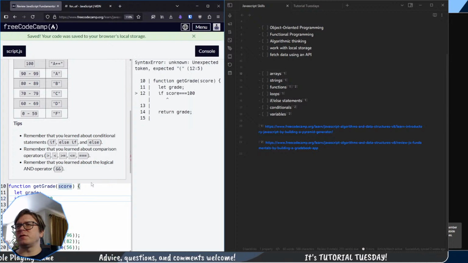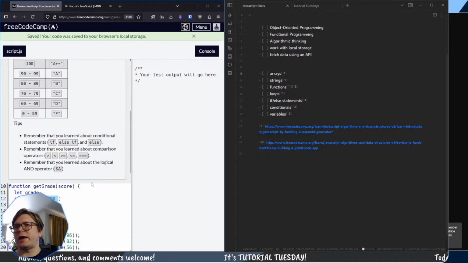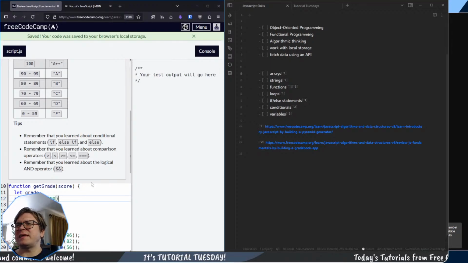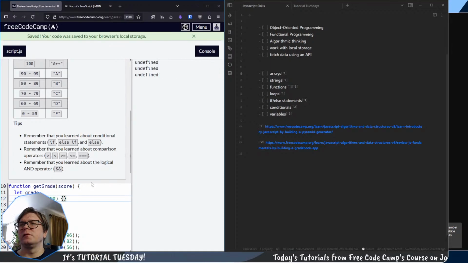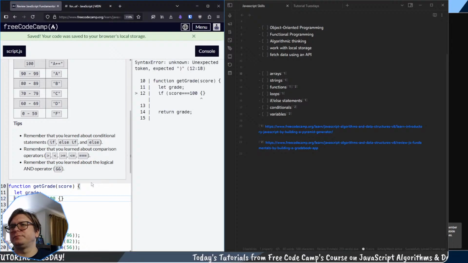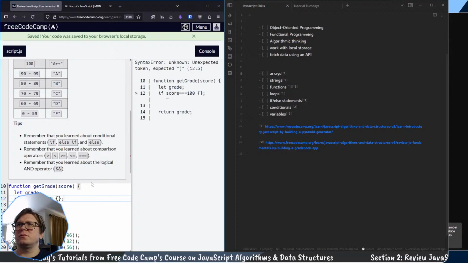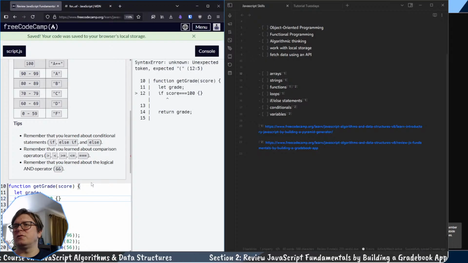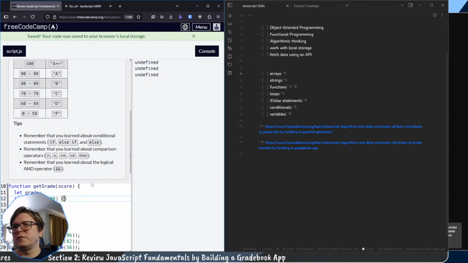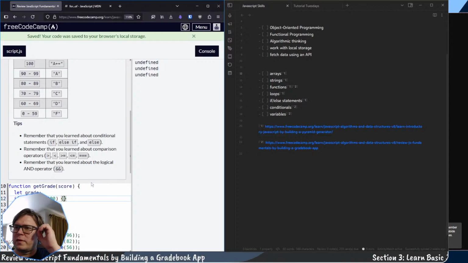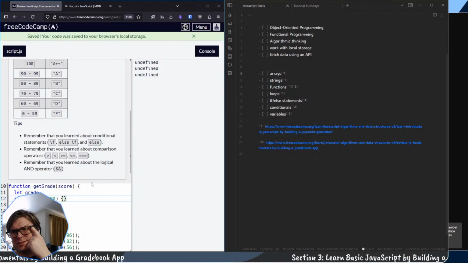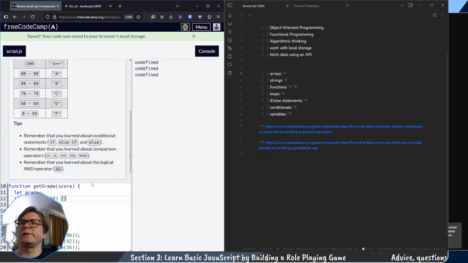Wait, we have to put this inside of brackets, right? Is that necessary? I guess so. I guess it is. I don't know, man. That just doesn't seem like, are these just all functions? Score is equal to that. That's like we're doing if true, then